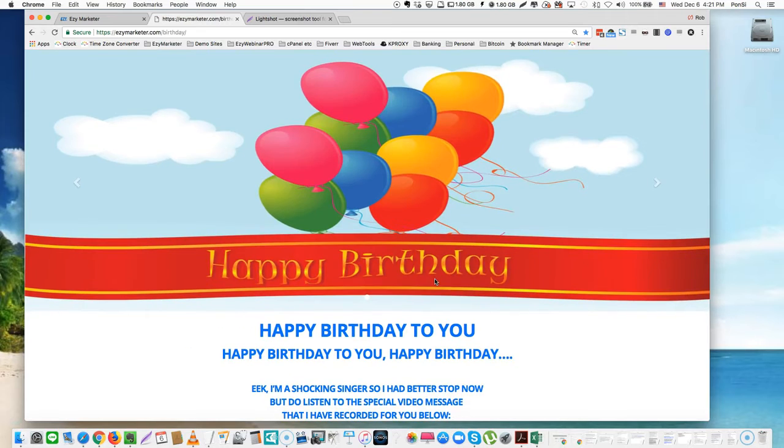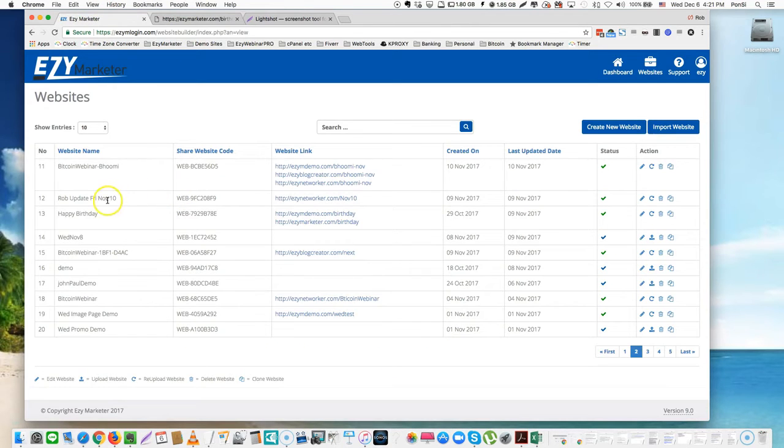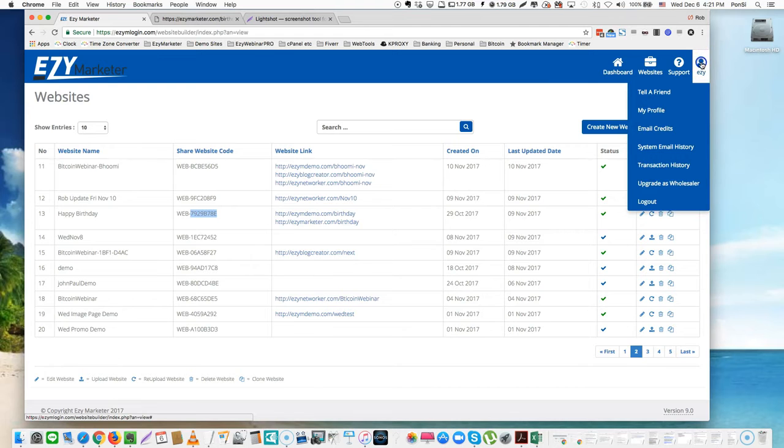How to give that share code out to somebody. So here we've got the share code. Where are we? There it is there. 7929B, whatever it is from there. Okay, so every website that you create or every landing page or anything that you create will automatically create a share code. So what I'm going to do now is I'm going to log out of my account